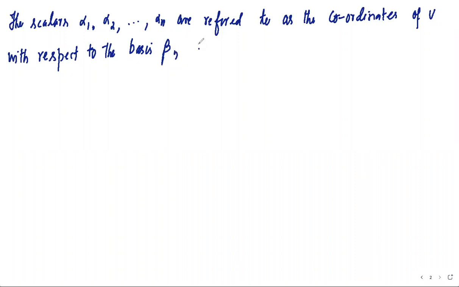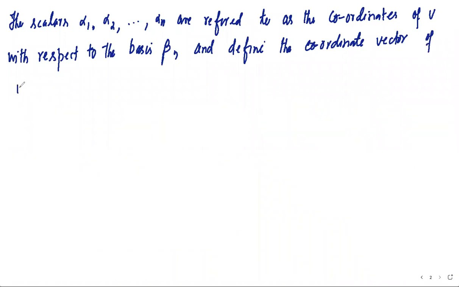And we define the coordinate vector of V relative to beta. Now you have to remember what these terms mean, relative to beta, which is denoted by